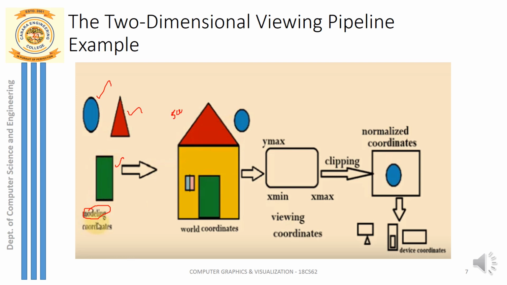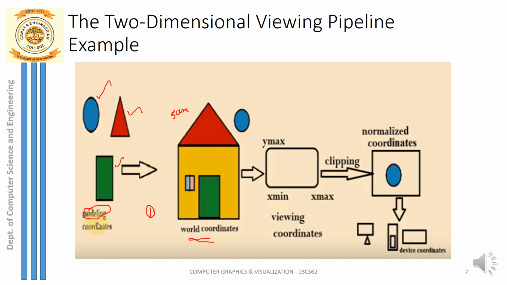Where do you represent this 2D scene? You represent this 2D scene in a world coordinate system. So you convert all these 2D objects in such a way that you form a 2D scene. This scene is formed with the help of the world coordinate system. You have now converted object coordinates to world coordinates. This was my first step earlier, right? The same thing.